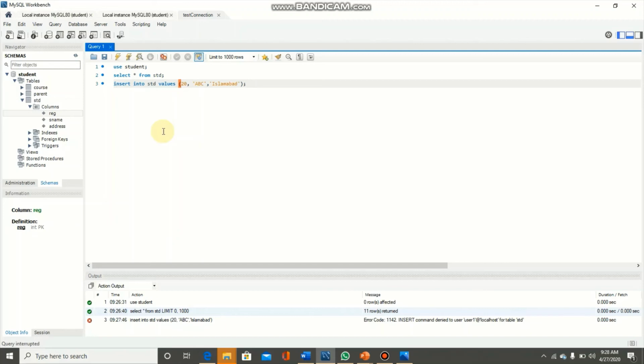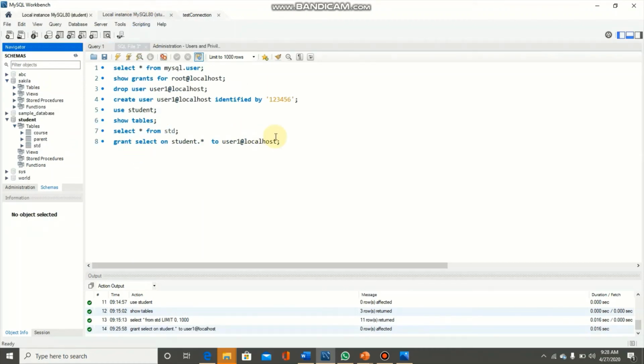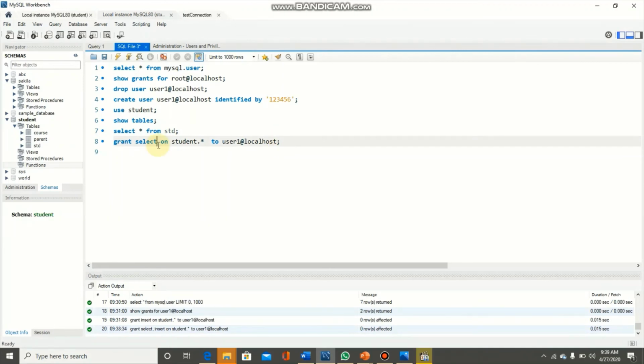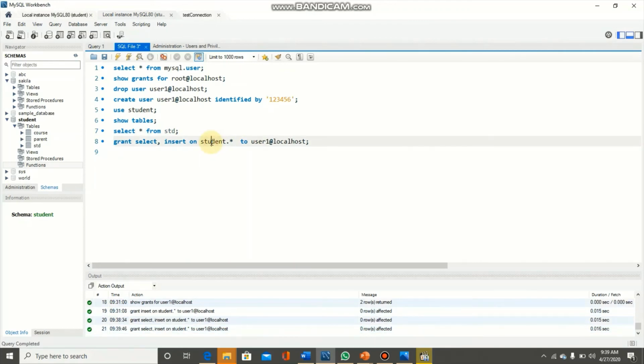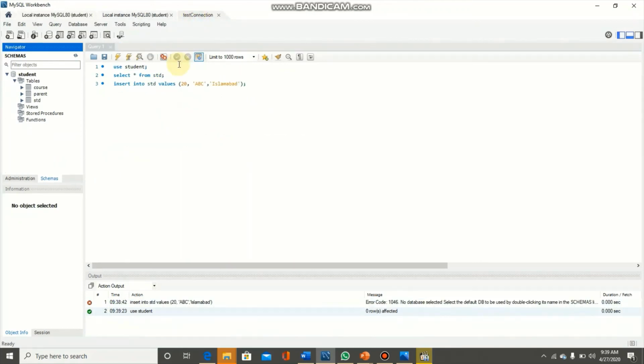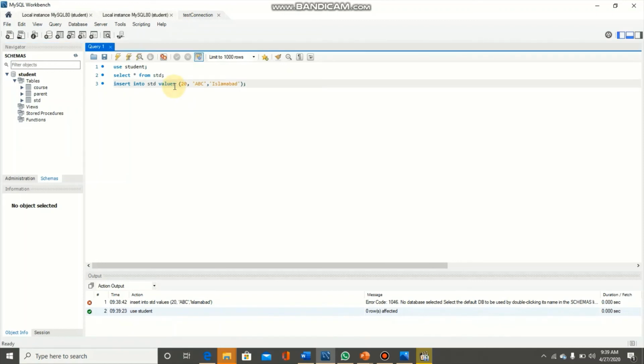If we need to grant this insert privilege to user1, we can use a similar query. Now let's give select and insert privilege to user1 on student. Execute it, and here under user1 we will try this query again. It's working now.